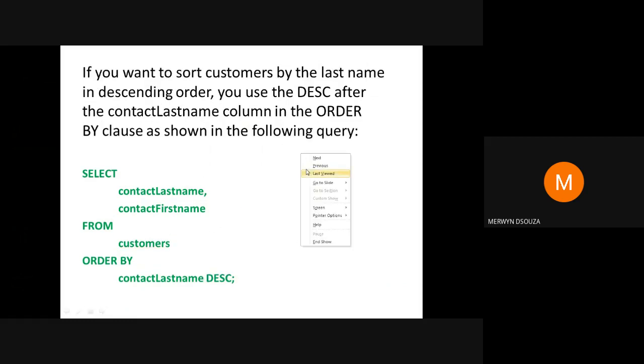If you want to sort the customers by the last name in descending order, then you need to use DESC after the contact last name column in the order by clause as shown in the following query. Here we are going to sort the last names in descending order.